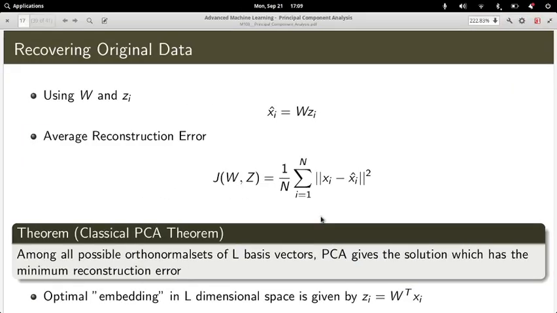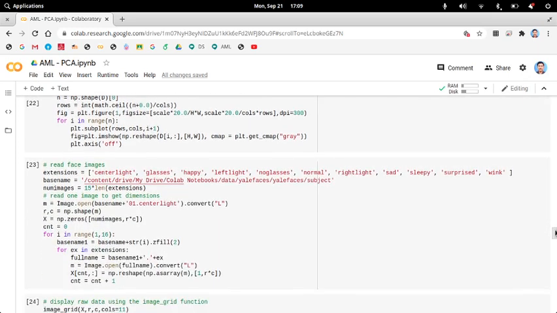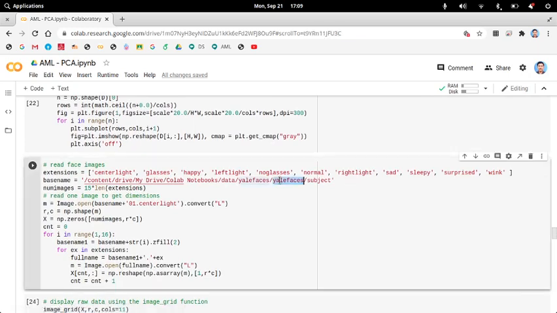Let's go back to our Python notebook. This is sample data downloaded from Yale Faces, and it has different images of different types: people with glasses, people who look sad, sleepy, surprised, etc. With different extensions.